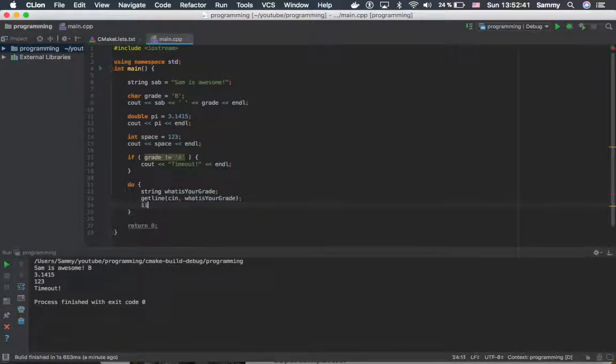And so then I can write if what is your grade. Oh wait, always have to remember to put parentheses. If it's not equal to A, if it's not equal to A, then